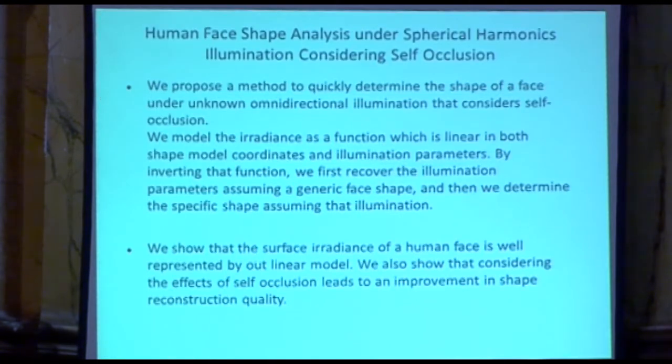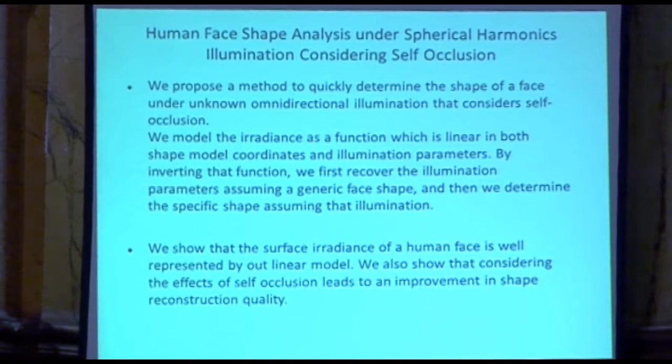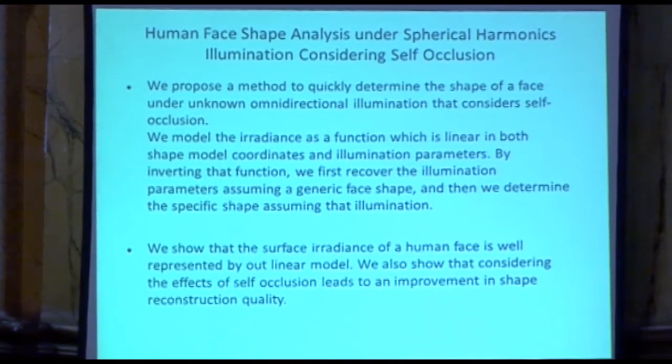Good morning, everyone. We have explored the computation of self-occlusion under omnidirectional spherical harmonics-based illumination. If you represent the illumination in spherical harmonic space, then you have lights coming in from all directions, and that makes computing self-occlusion quite expensive. It's expensive in a rendering context. If you now want to invert this rendering and estimate the shape from a given image,